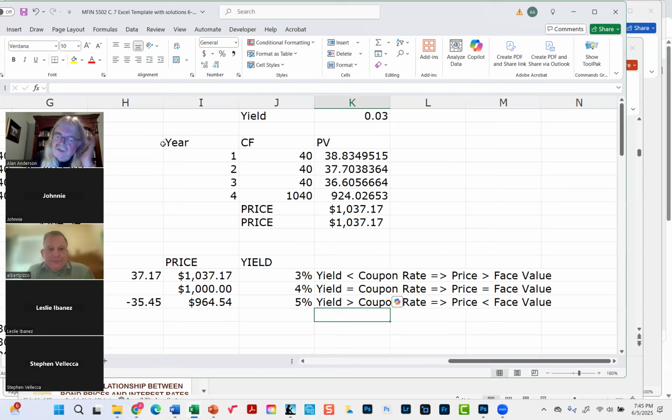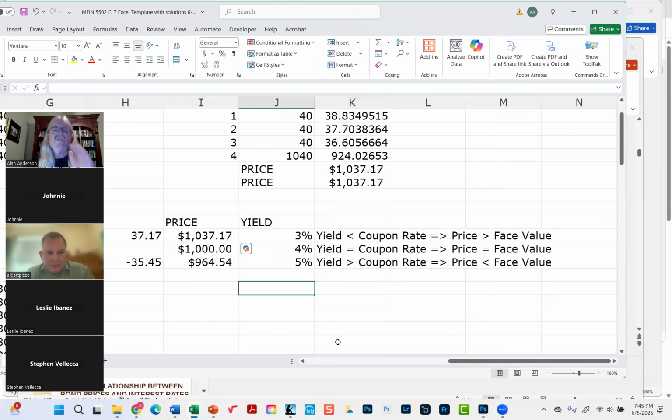Just so you notice that, like with the low yield, the price goes above the face value. When the yield matches the coupon rate, this will be exactly the face value. And when the yield is higher than the coupon rate, that means the price will be lower than the face value. Now, the reason for that is because with a low coupon rate, low yield rather,